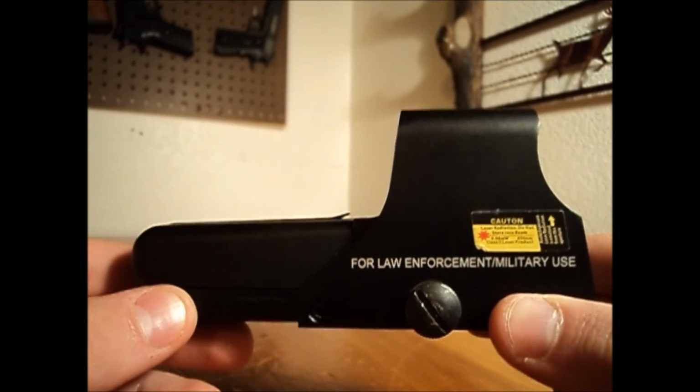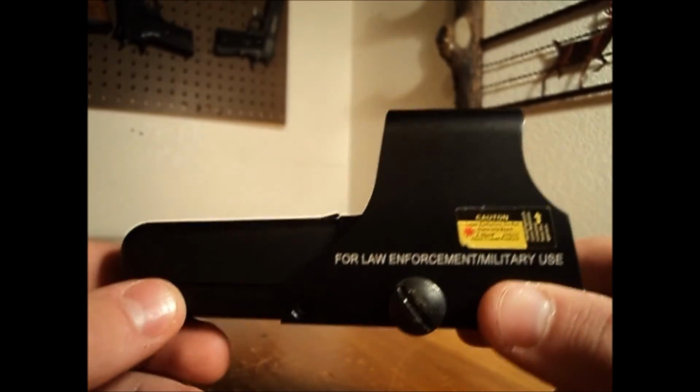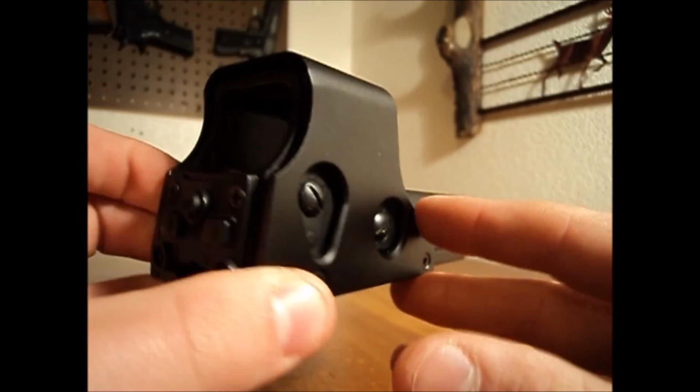Now since you are buying this from mainland China, it's going to take between 7 and 14 days to get to your house. And so guys, that pretty much wraps up the review of this EOTech sight. If you guys are interested in purchasing this beautiful sight, I